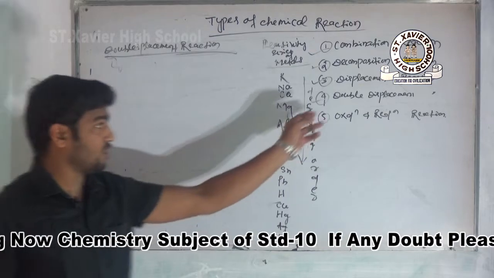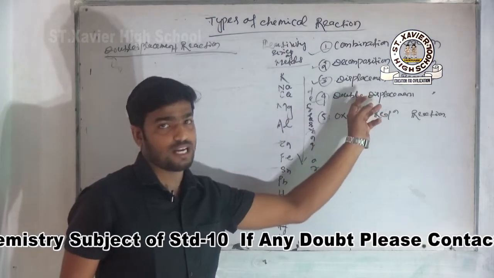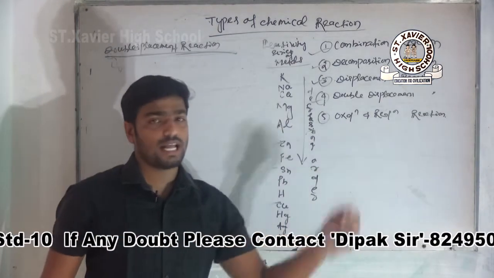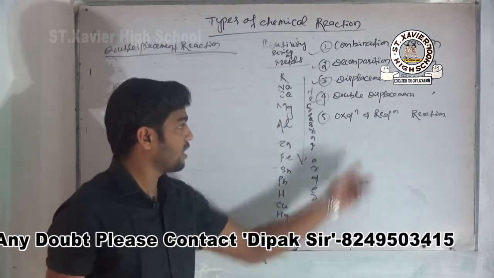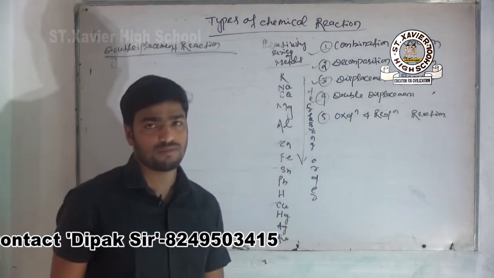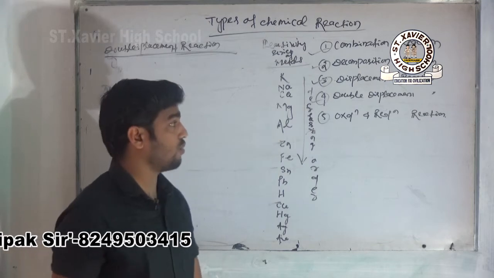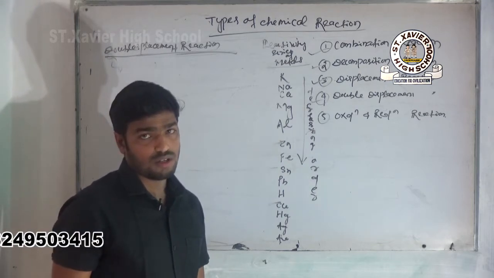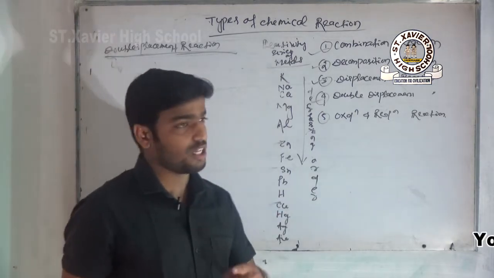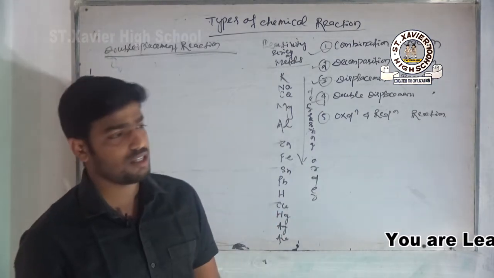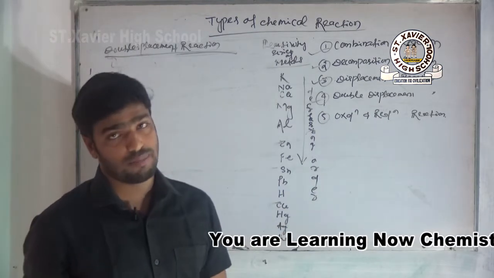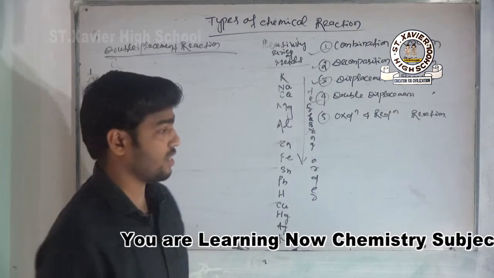We have already studied the displacement reaction. You already know that there one element displaces another element. In double displacement, two elements displace each other from their ions. In that case one element displaces another element, but here an exchange happens. That means one will displace another element and another will take that original place. That is our double displacement reaction.